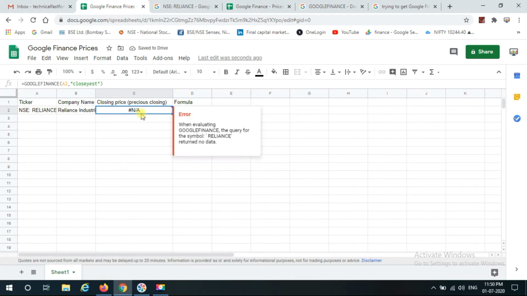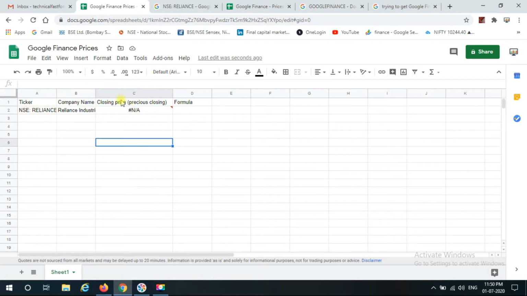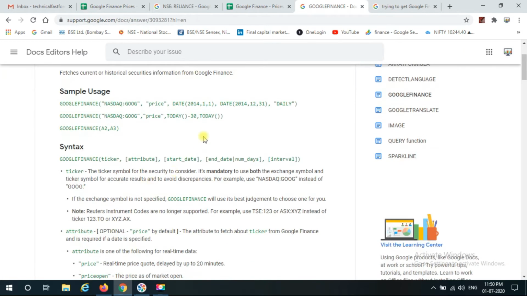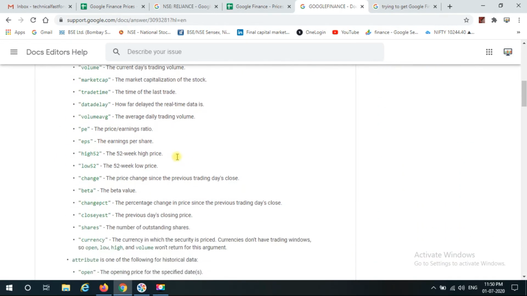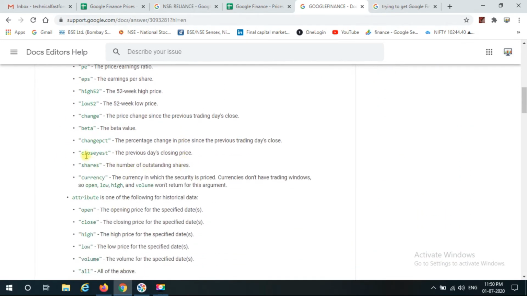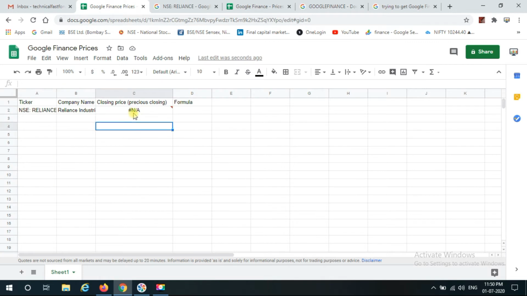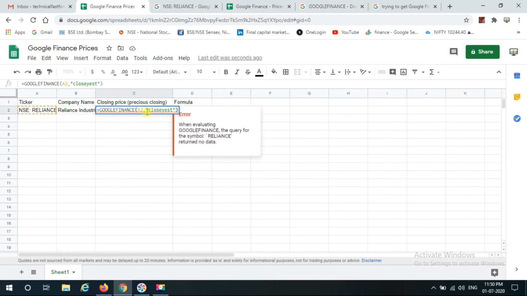The prices are not coming in. Why so? Because I have this attribute wrong. So what will I do in this case? I have this link which helps me change the attributes. If I need an attribute which gives me closing yesterday, here is the attribute which gives me the closing prices of the previous day. I'll copy this and replace this.